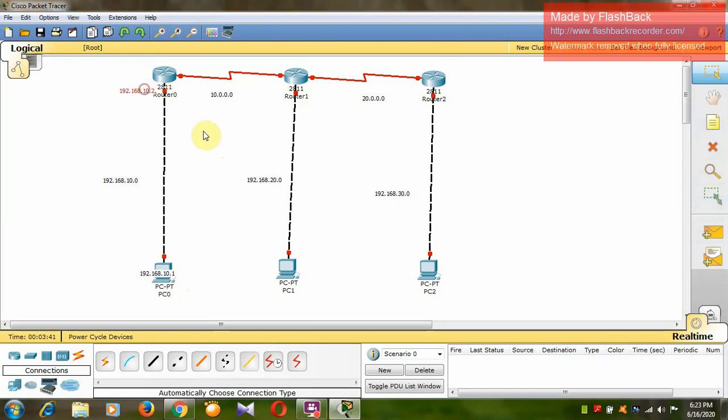Similarly, here 192.168.20.1, and at this port 192.168.20.2.